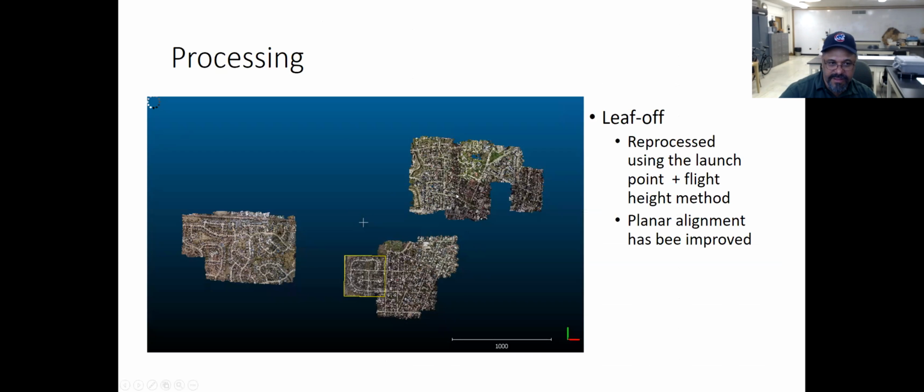For processing, this is what my original leaf off processing came out to be. As you can see, there are some gaps in data. That is a data set that is just completely lost. Somehow my card got unformatted, and so I lost that section. There were some other ones missing that I've been able to recover and reacquire from some people. So these are 3 sections. Well, basically they work out to be 3 sections. The Knoll section, the Kensington, and the south section for later processing will just be considered one data section. And then the northern historic district section will be here.